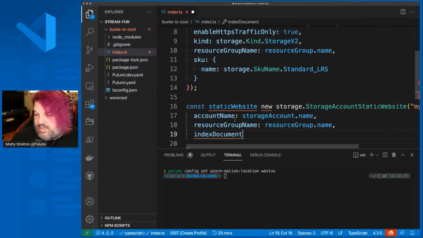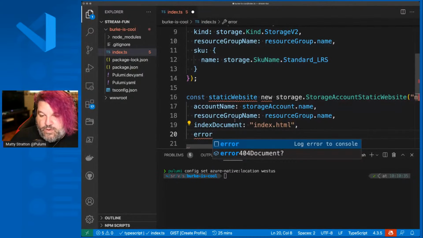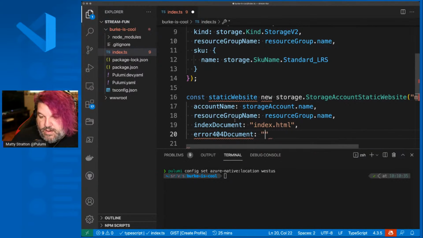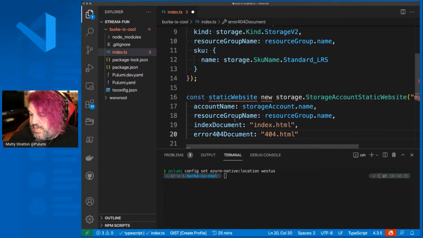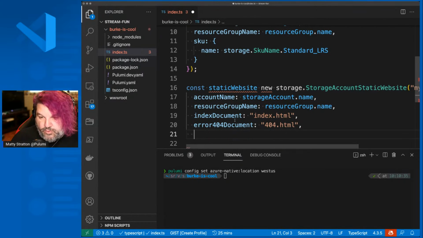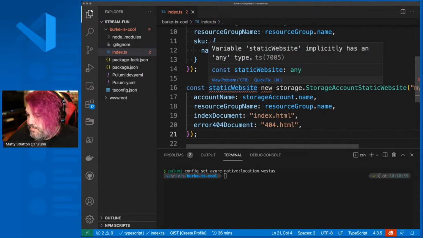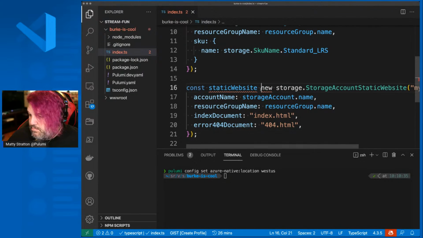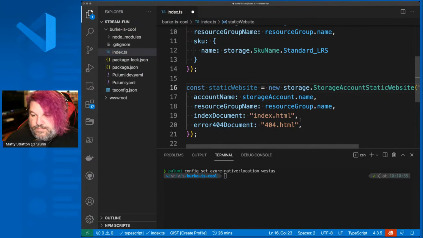Then we set the value for the index document as index.html, and our error 404 document is going to be 404.html, which are those files we're keeping from the www root directory that I've already created. And so now we've created our static website.